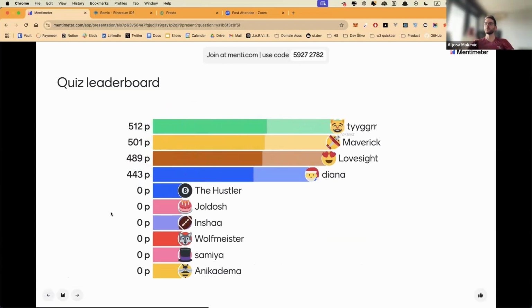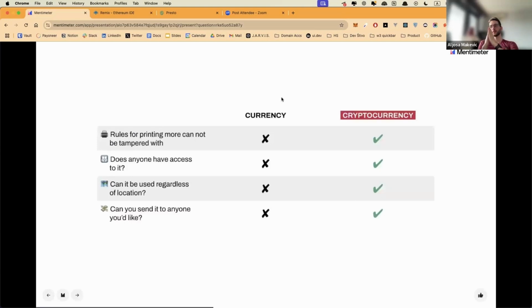All right, cool. As I said, Bitcoin introduced the free flow of value, and that brings us to the question: what is actually the difference between currency and cryptocurrency? Regular currency is also called fiat, and crypto is called crypto.